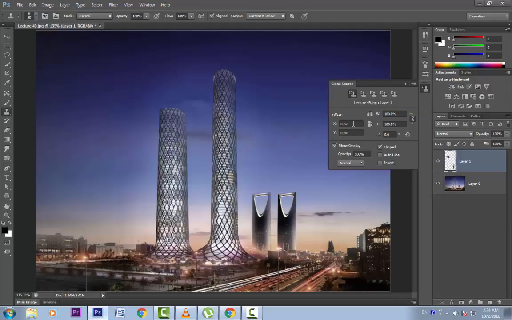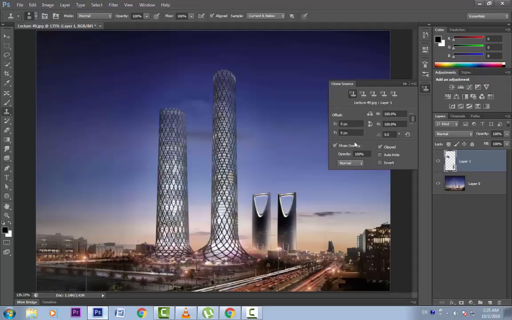Now with these X and Y values, we can offset our sampled pixels. With these buttons, we can flip our samples horizontally or vertically. We also have the options to scale our samples, or we can set an angle also. This reset transform resets these values. If we have changed these values, it will reset them.